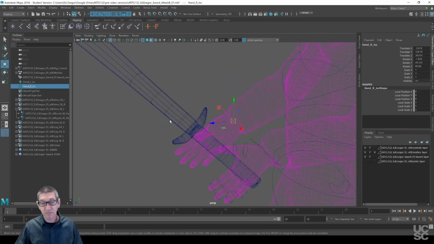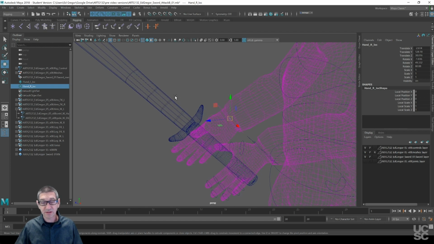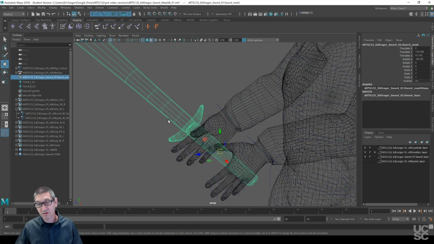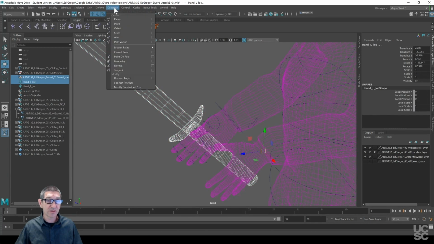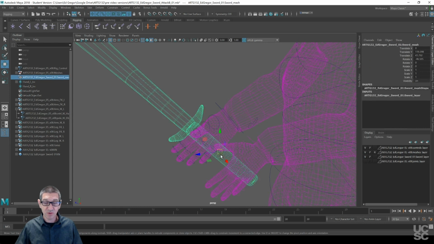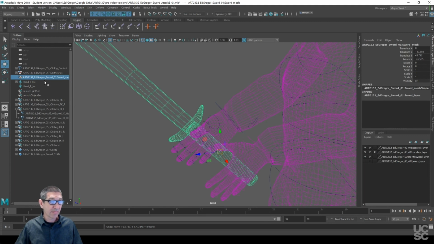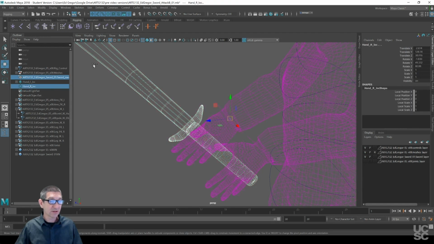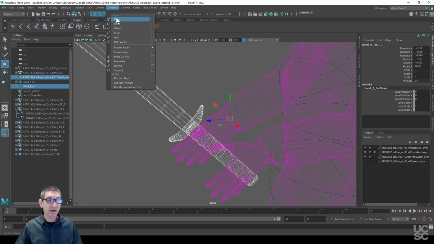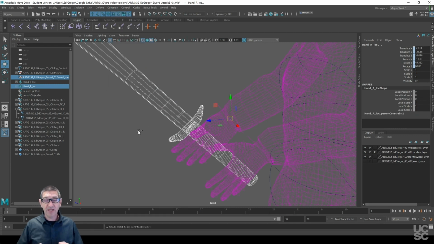We're going to select the sword, the thing that's going to be the parent, and then select a locator and do constrain parent. So now if I move the sword, you can see it's moving that left hand. And sword, select sword only. Control click in the outliner here. It's easier than selecting it here. Constrain parent. So I've kind of created, the IKs are connected to their own locators, and those locators are connected